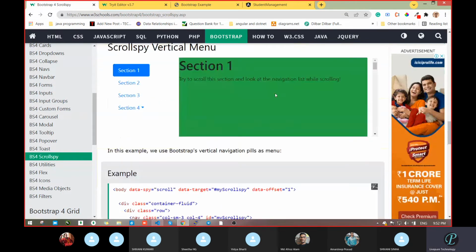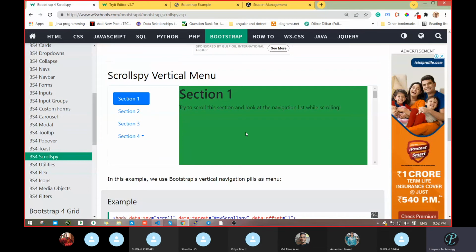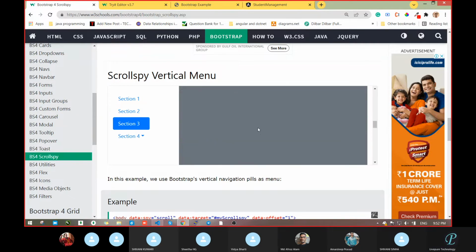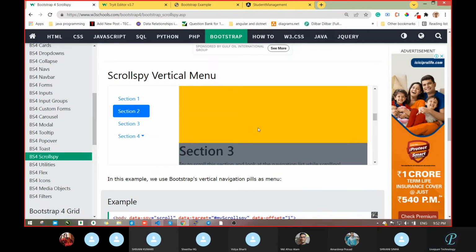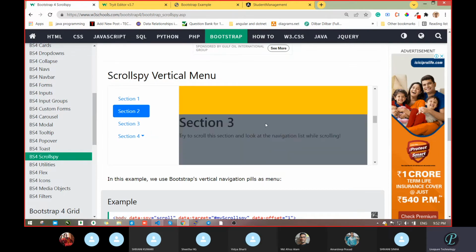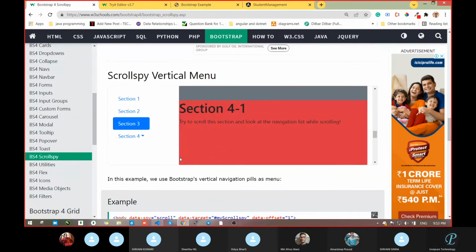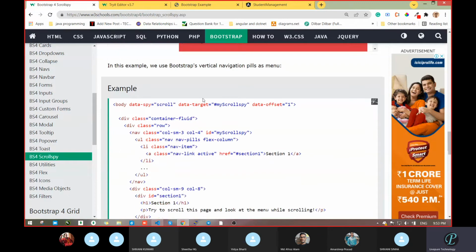Then next is again a horizontal type. See in this section, section 2 came, then section 3, then section 4. Got it? So we are scrolling this section, and due to this scroll, this section is updating. This is just vertical. Clear or not?